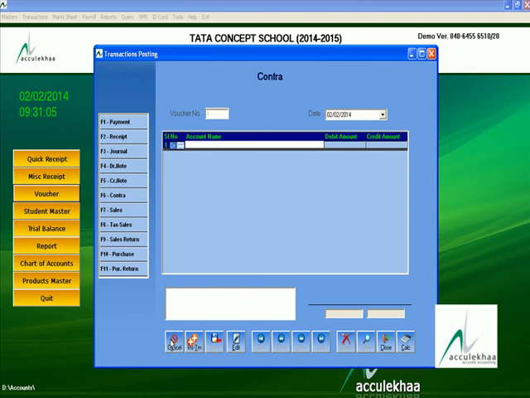You have to select insert, select the bank account, like State Bank of India. You are going to deposit 10,000 rupees from your cash account. Deposit.